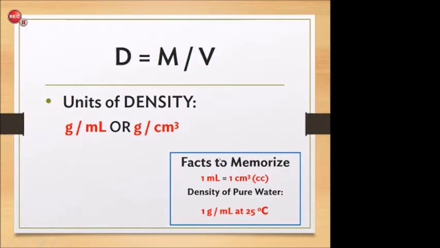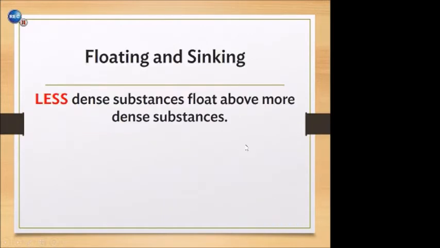If you stay in the sciences, it doesn't matter what science you're in, you're going to be in biology, you're going to be in chemistry, whatever it's going to be. You're going to need to know that the density of pure water is about 1 gram per milliliter at 25 degrees Celsius. So less dense substances float above more dense substances, and I think this makes sense because they have